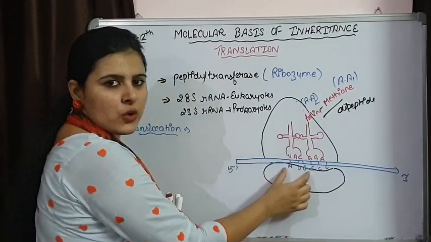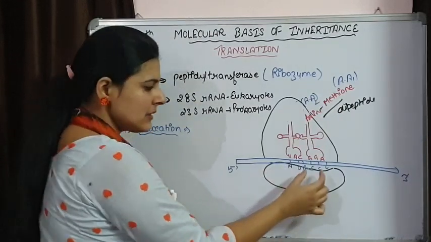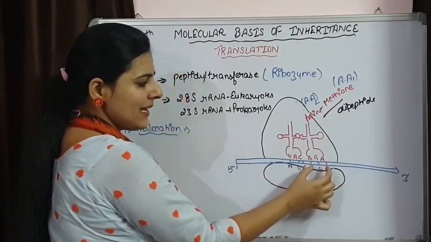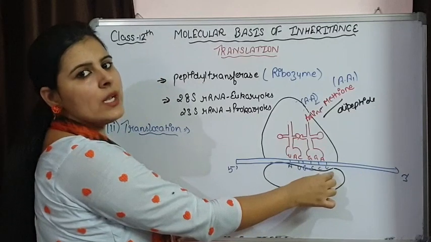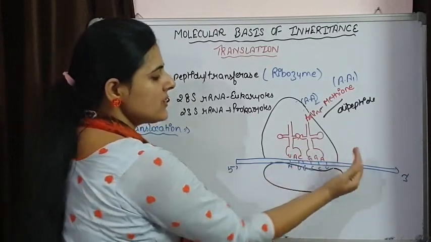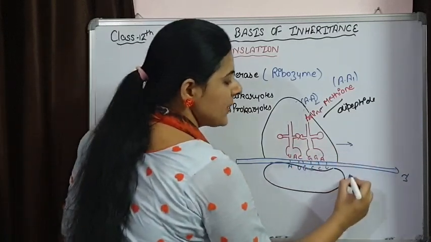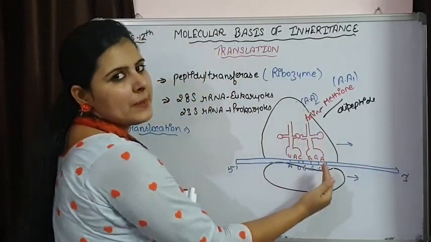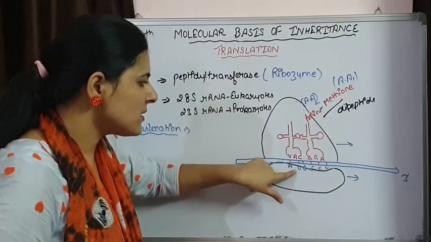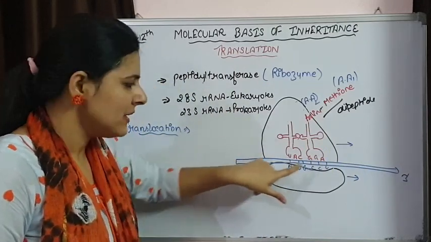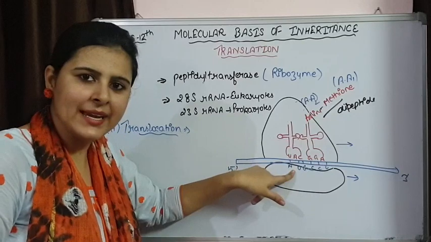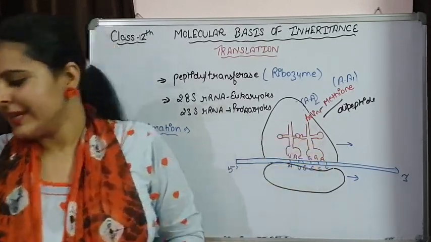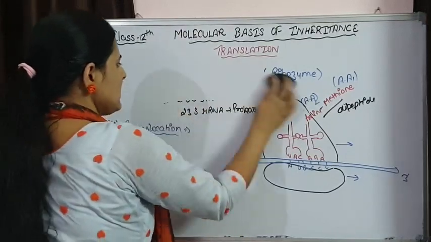This start codon is going to come here. The second codon is again going to come here, and over here, this is the A site, the third codon will come. So because of this shifting of the ribosome in this direction, the third codon is going to come into the A site. This is going to move into the E site. This is going to enter into the P site, and again the A site will be empty. So let's see how this situation is happening.